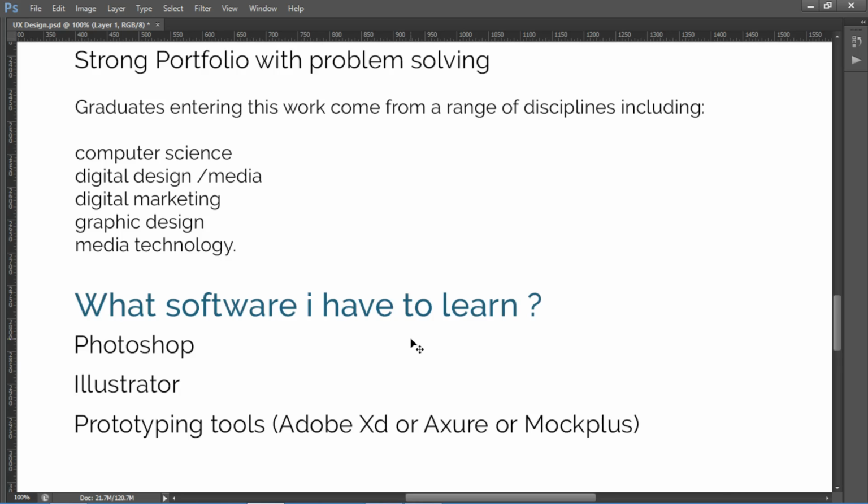Rather than just these software, you also have to learn how to interact with the software, how to use it, how to understand people, and how users interact with software. You have to research all those things. You have to consider yourself as a user, and understand and research all of it. These are the important software you have to learn.